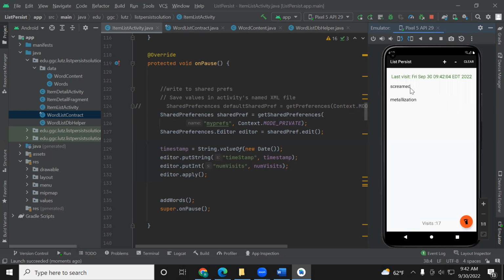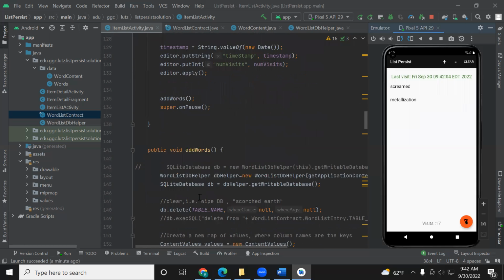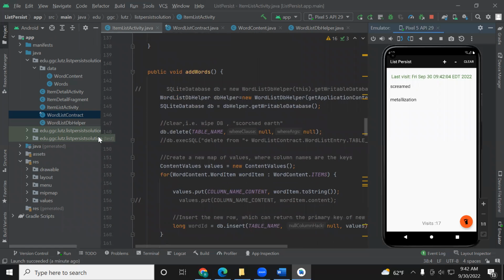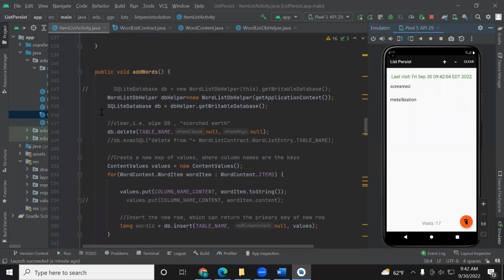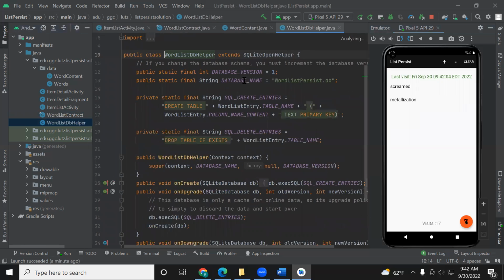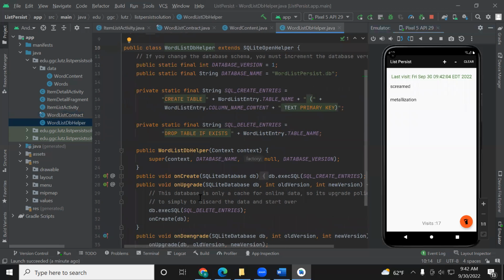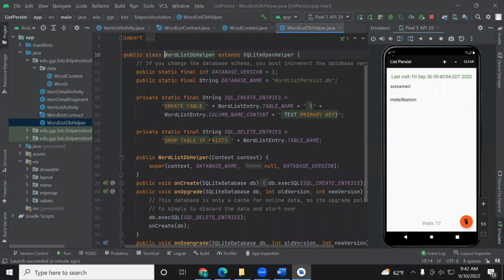And if this logic is implemented in on pause and on resume, so on pause, these lines are for shared preferences, but add words method is where the values are written to the SQL. So add words. First of all, we are getting the word list DB helper. So DB helper is here with all the word list on create, on upgrade, downgrade, and also